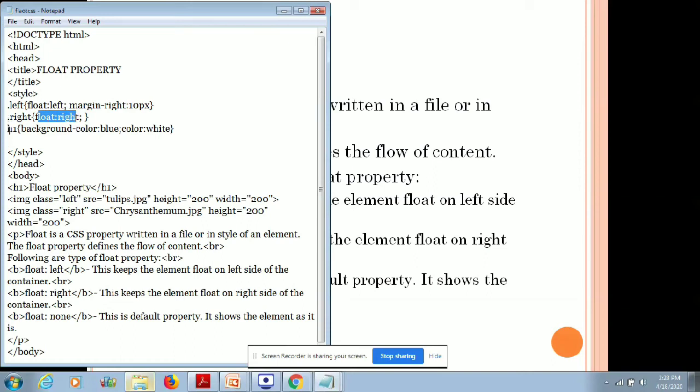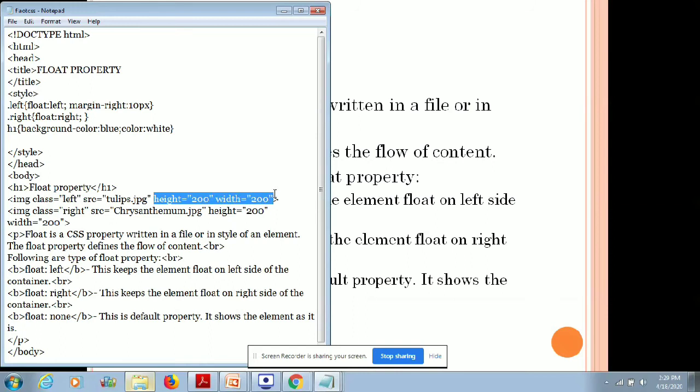Then we have H1, background color is blue and the color is white. Head, body, H1, float property. So it will be displayed in white color with a blue background. Then IMG class left. So here it is class left and the image is tulips. So my tulips image is going to be displayed towards the left hand side with height of 200, width of 200.